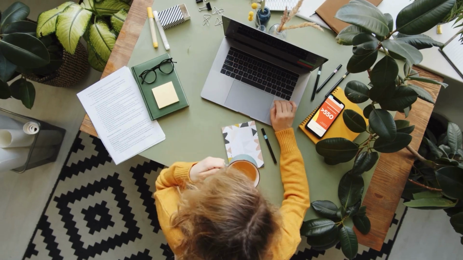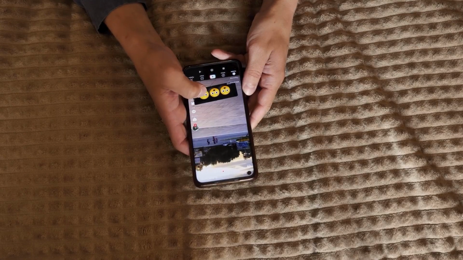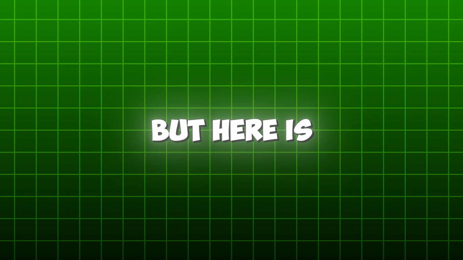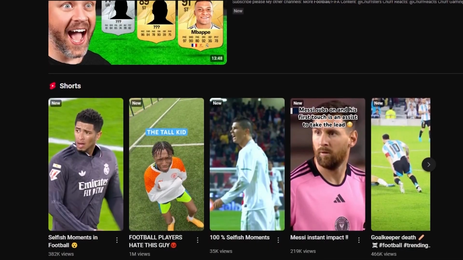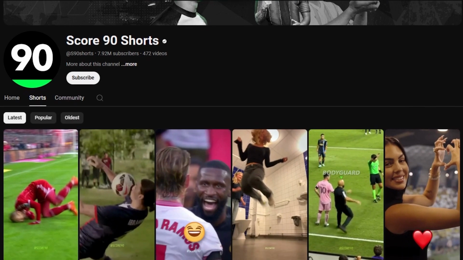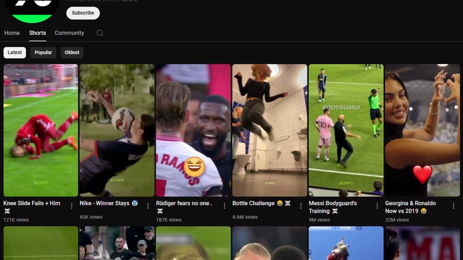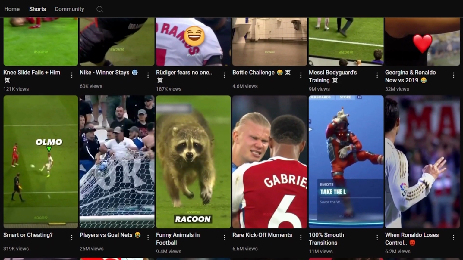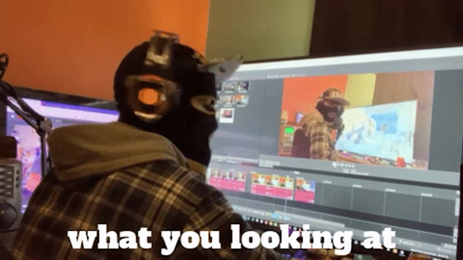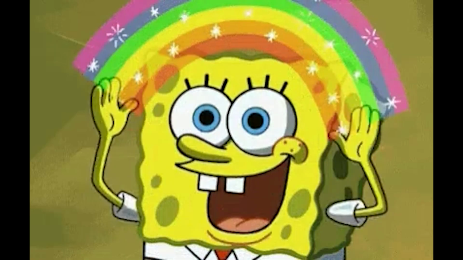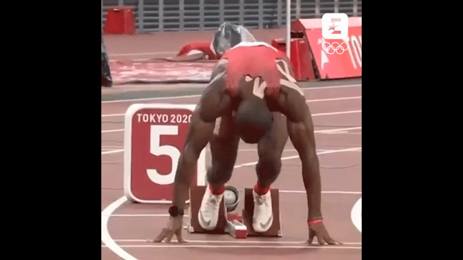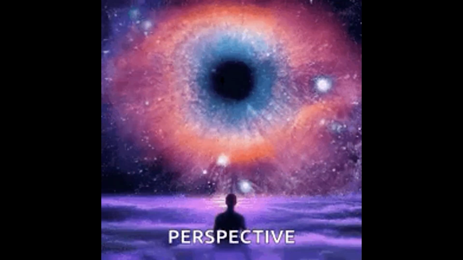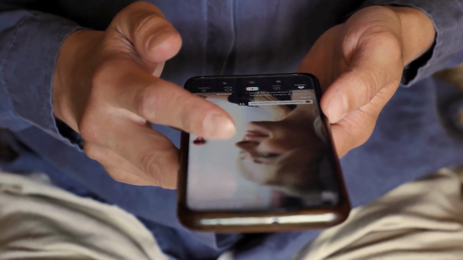Here's a bonus tip: sharpen your content research skills by consuming content the right way. It may sound confusing, but here's how to do it. The next time you find yourself scrolling through YouTube, pause to reflect on what that specific channel did to achieve its current success. Consider how much time they invested, how many videos they uploaded, and how they generated ideas for their content. Dive deeper by analyzing their editing techniques, captivating hooks, and other elements that make their videos stand out. Starting out can be incredibly challenging, but with consistent practice, you'll expand your perspective in no time. The next time you're analyzing a short, remember, scrolling isn't a waste of time if you're doing it with intention.